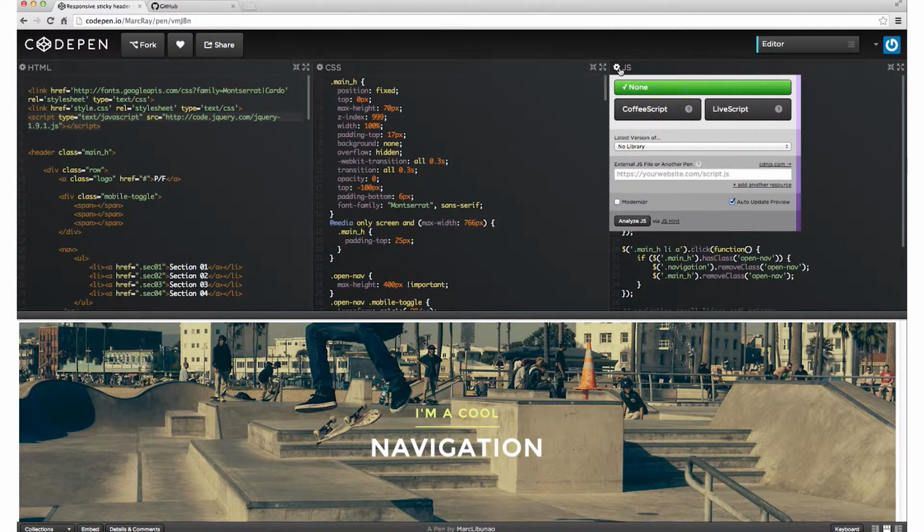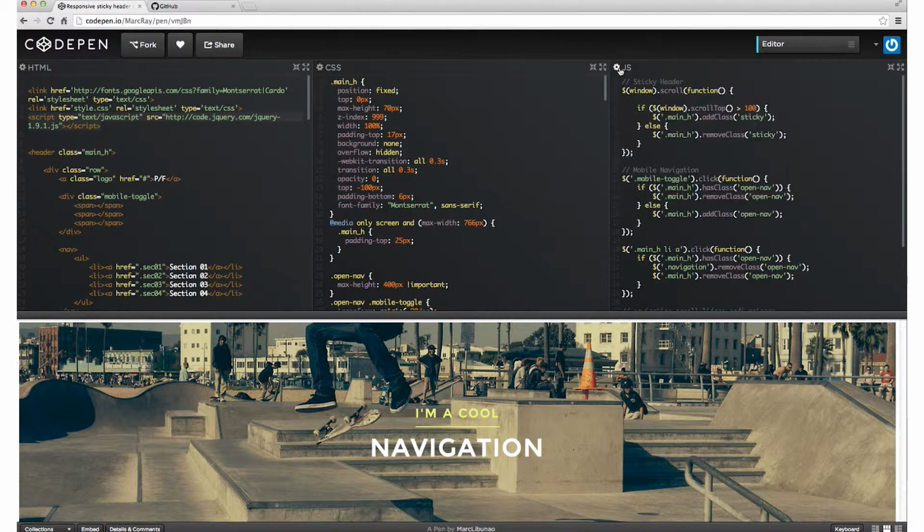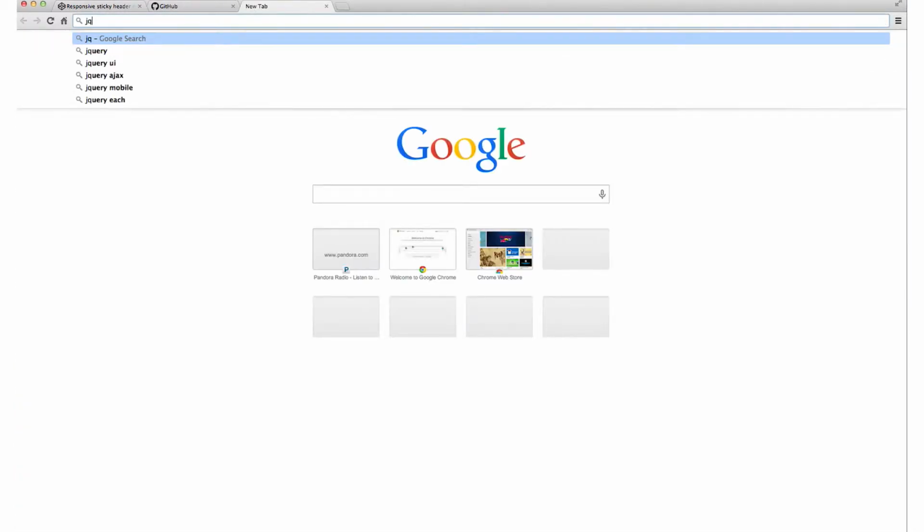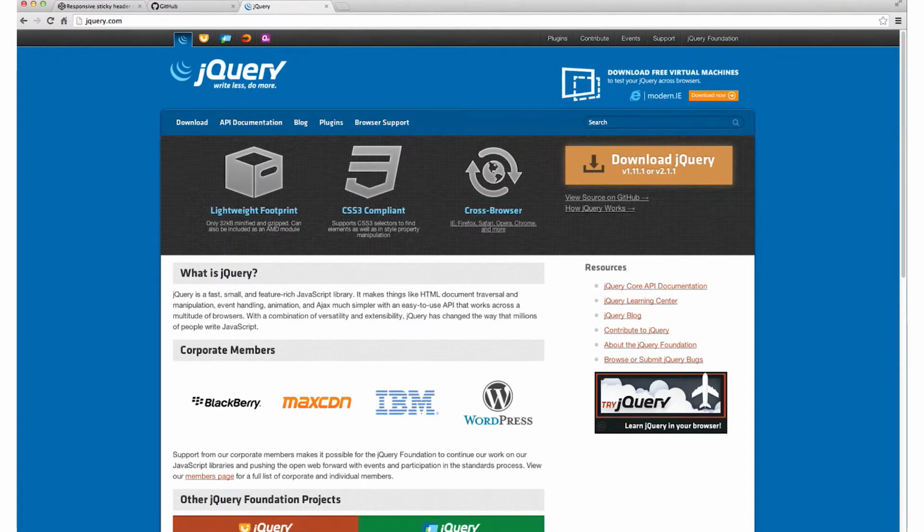This is kind of a head fake, if you will, because over here on the left-hand side, we can see that it is using jQuery, and it's pulling jQuery from the jQuery website at code.jquery.com. If you're not familiar with jQuery, jQuery is a library that you can use. And I'll just pop out to jQuery really quickly. It's a JavaScript library that allows you to do many of the common things that JavaScript allows you to do, but in a much more simplified style of language.